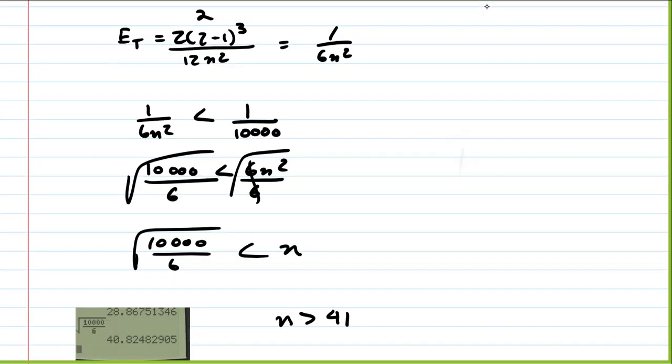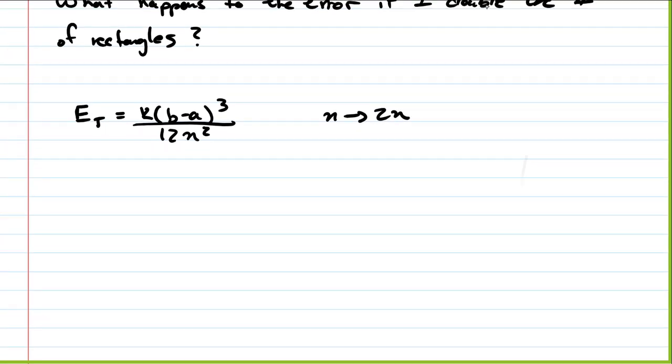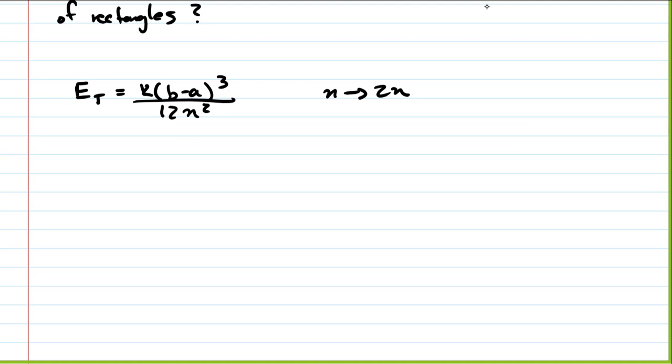All right, well, let's start with our E sub t is k times (b minus a) cubed all over 12n squared. Well, if I double the number of rectangles, that means n is going to get replaced with 2n, right? So my new error, E sub t, would be